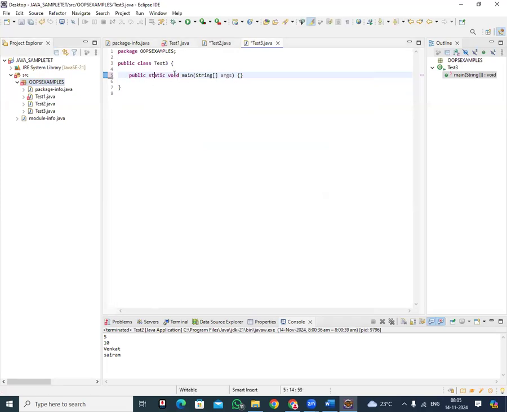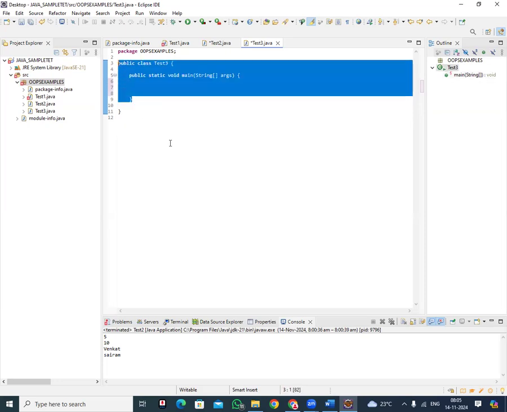So public static void main, and in the main method I am passing the string array of arguments. For this method I'm opening a curly brace and closing a curly brace, and inside I need to write the lines of code. So if I am giving class 3, okay, the same way